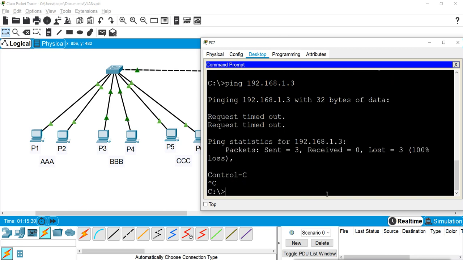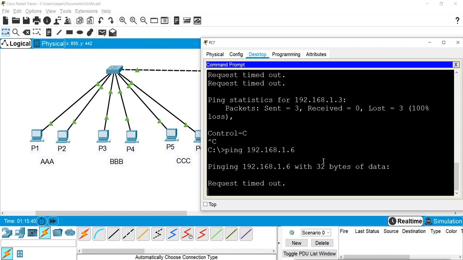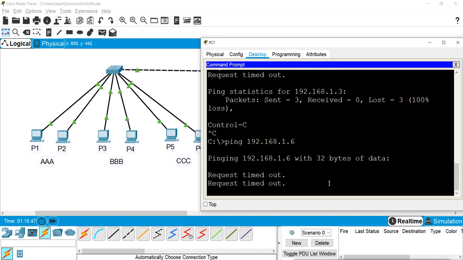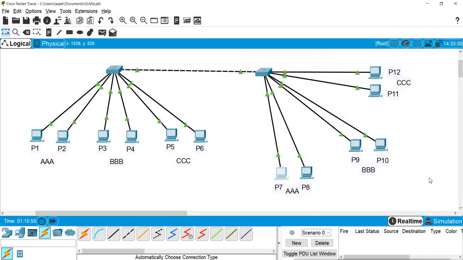If I try to ping 5 or 6, it is also not getting the reply because they belong to VLAN B and C. So VLAN B and C can only communicate with VLAN B and C: VLAN A to A, VLAN B to B, VLAN C to C. And this is also from a different switch, so this B can communicate with this B.